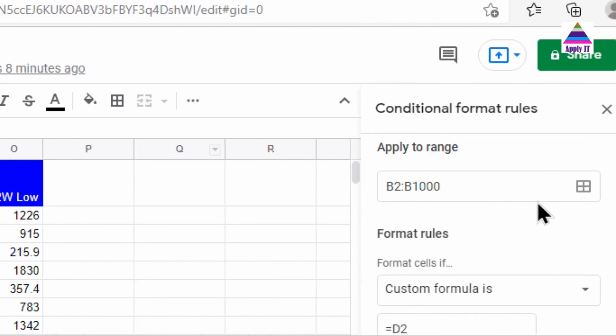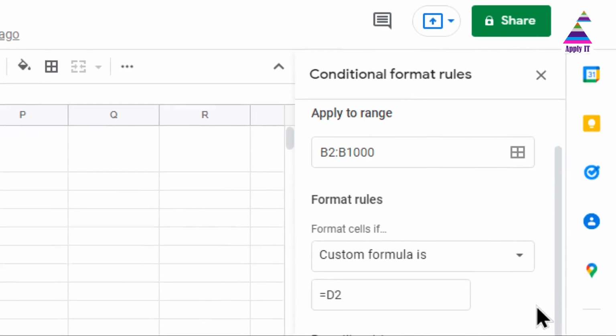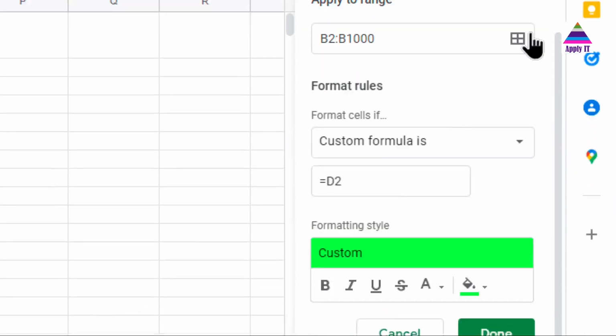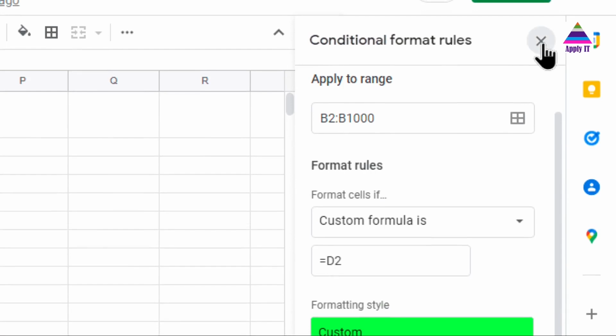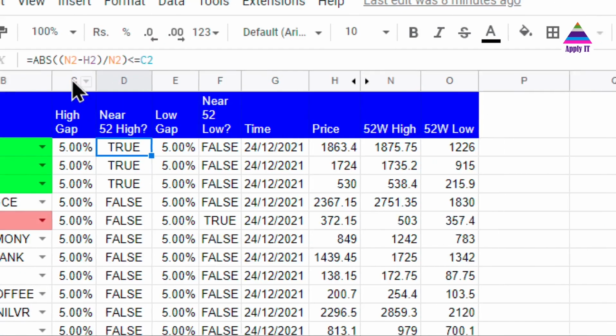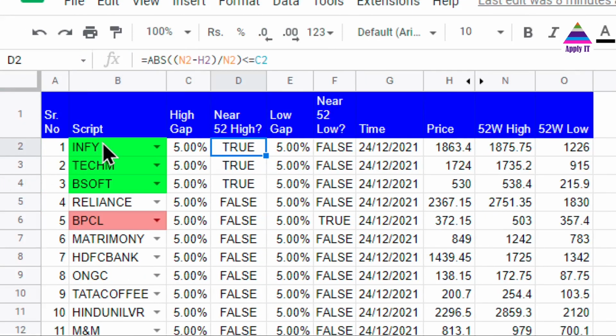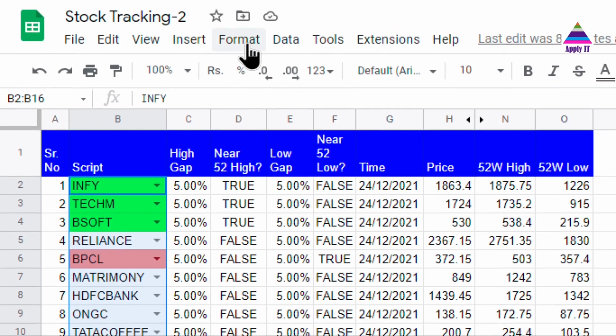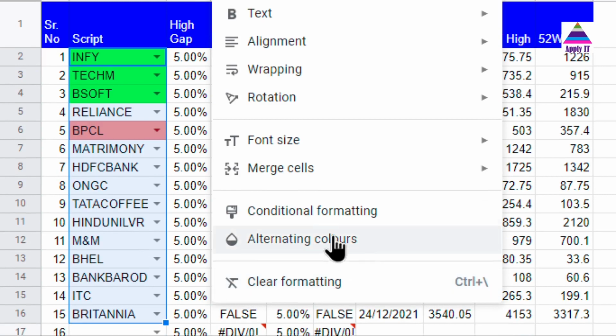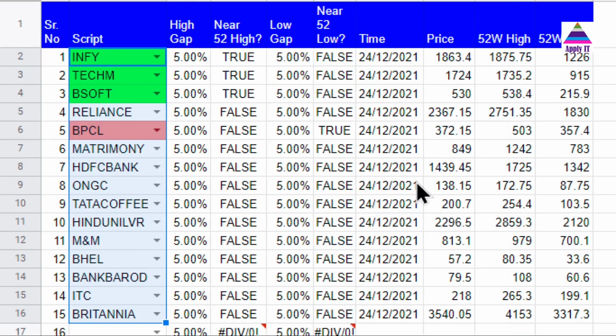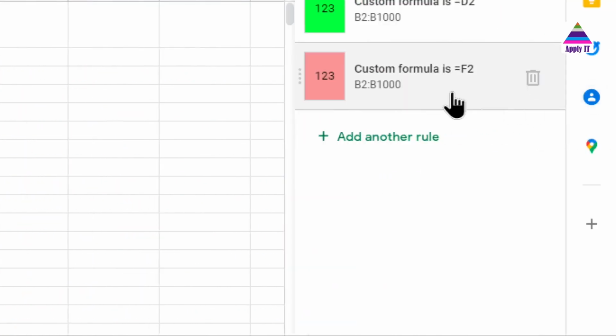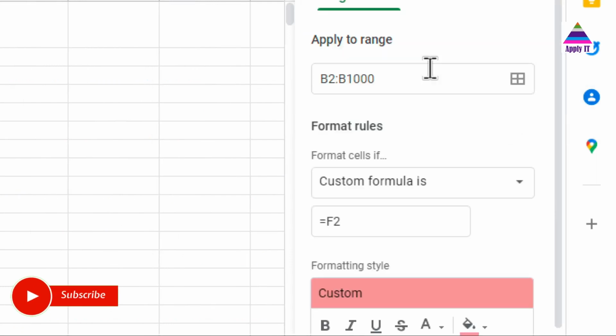In the same way, if you see the conditional formatting rule for a stock near the 52-week low, the same rule we are applying, but now as the formula we'll be taking F2. So let us see that. Go to Format, Conditional formatting, and we can see the formula for that.